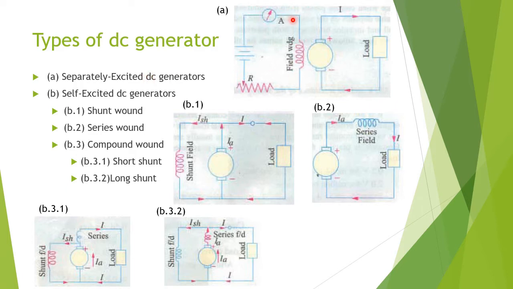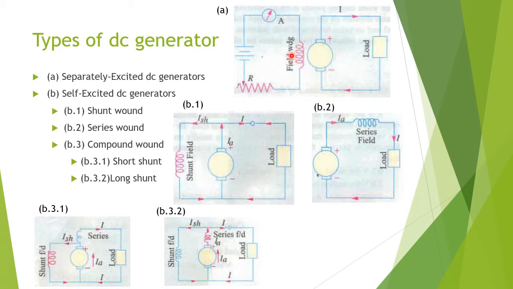So here see, this is the diagram, this is the field windings. So in a DC generator we have the armature and field windings. This part is represented by the armature, and these are the brushes. Now this is connected to the load. And now here these are the field windings. The windings are represented like this.